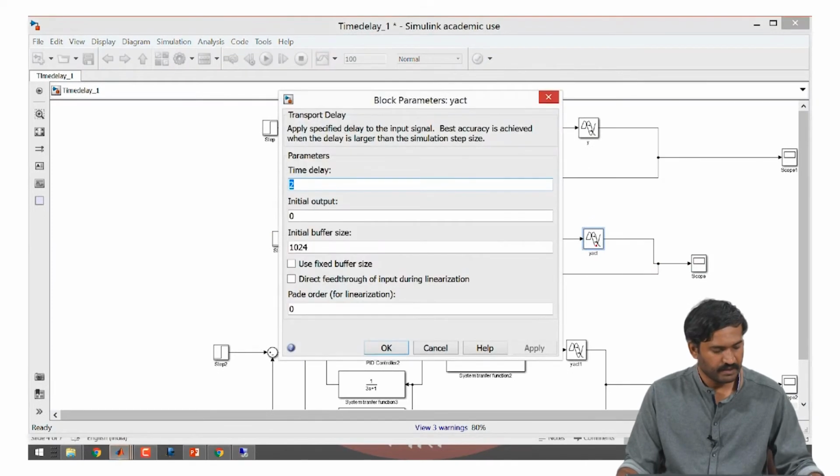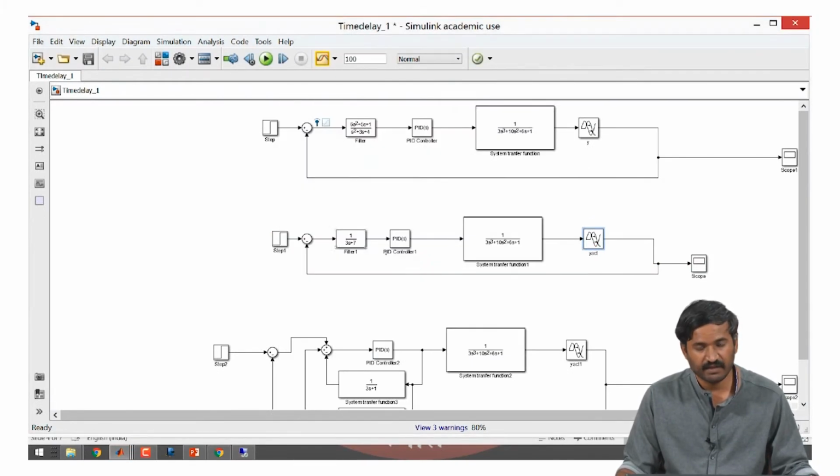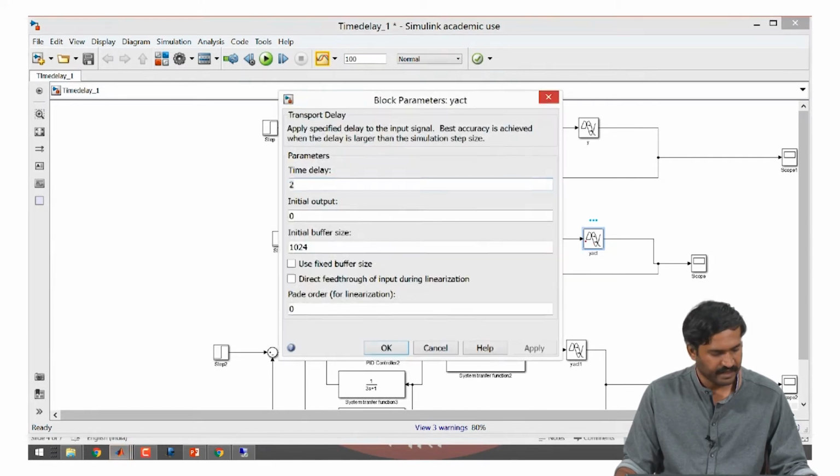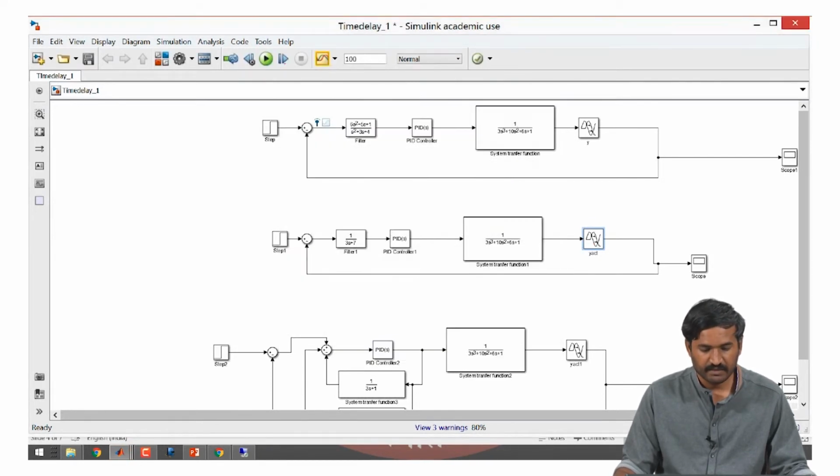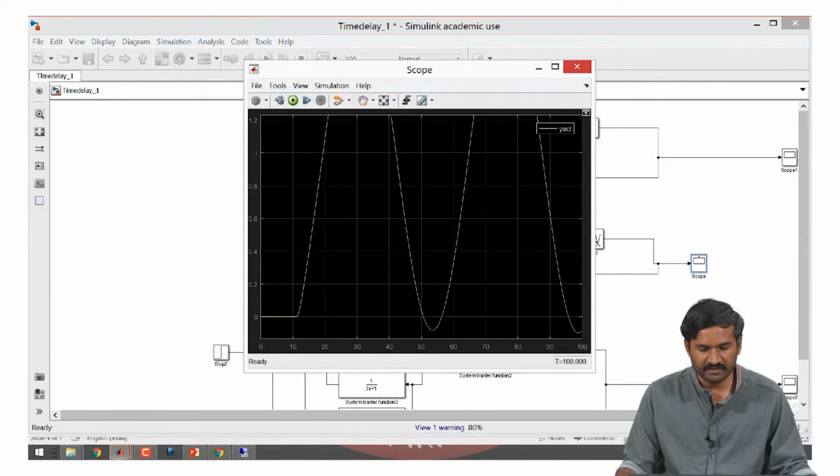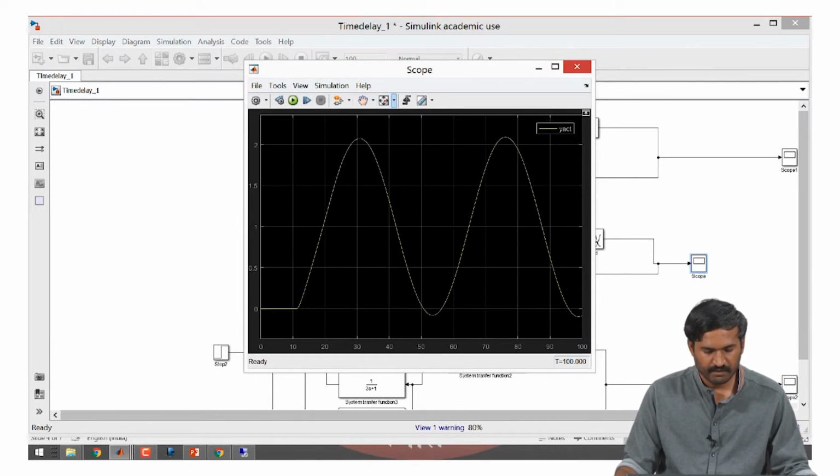So, we can now remember the controller design is for the process with 2 seconds time delay. Let us change this to 10 seconds and see how the control works. The controller will still work, but the process will start reaching instability. So, as you can see, the process starts oscillating here.